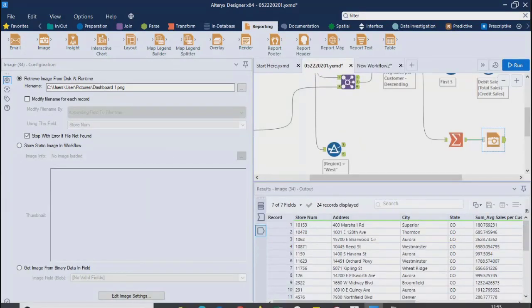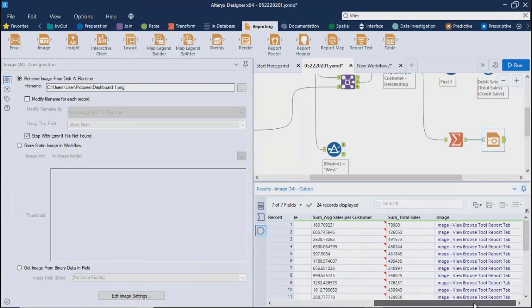I believe it will not show that. We need to simply add a browse tool, I think. You can show that image in the reports, which means when you go to layout, then you can show these images. Over here, if you see in the result window, it has added a last column as image.